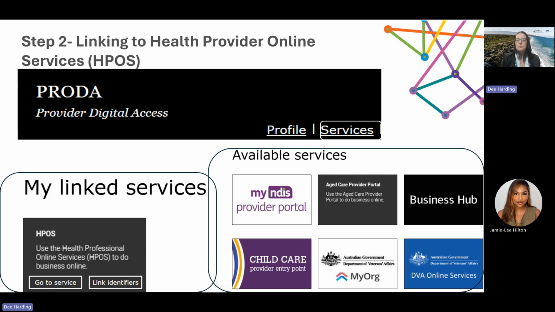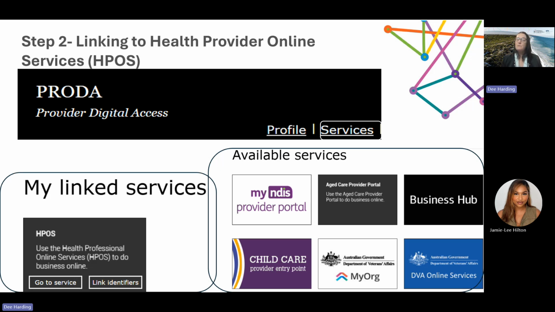So to link your individual Proda account, you would go to select services. You can see here on the screen, you've got your Proda in the black banner, and in the top right-hand side, you've got services. And then select the relevant tile from the My Linked Services page. When you click on the My Linked Services page, see down on the left-hand side, you've got My Linked Services. If the tile is not there for your organization, because your aged care provider should essentially already have their